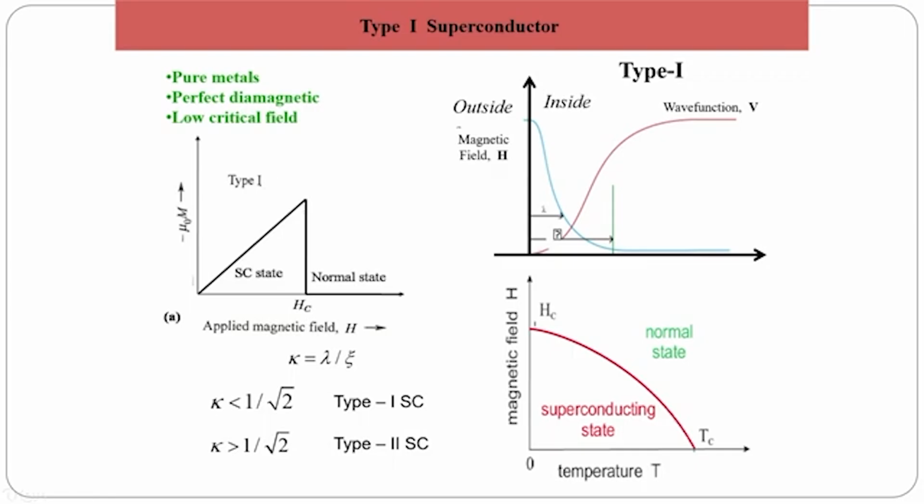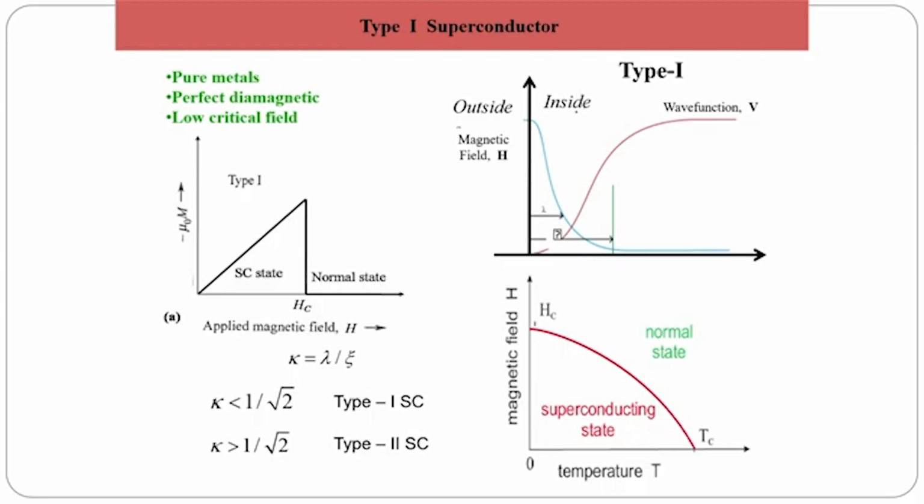For type 1 superconductors, these are the plots of minus M versus H. You see that there is a superconducting state sharply designated from a normal state at a given HC. These are called type 1 superconductors, and their magnetic field versus temperature dependence is pretty much what we have shown for the magnets, and outside it's normal metal, and inside this region there is a superconducting